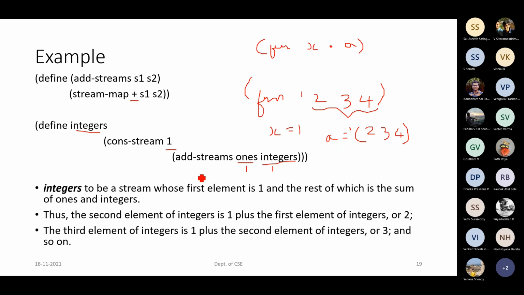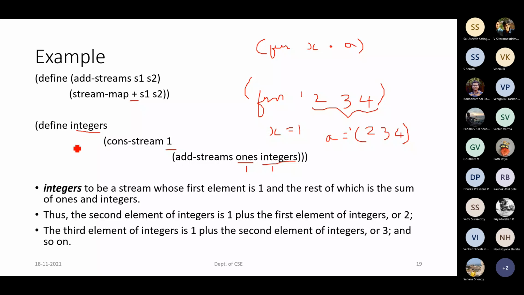So it will be cons of 2. And again, you will be having add streams of ones and integers. So next time and third time when you are doing it, you will be having add streams of 1 and integers was 2. So 1 plus 2, it will be 3. So like that it goes on.